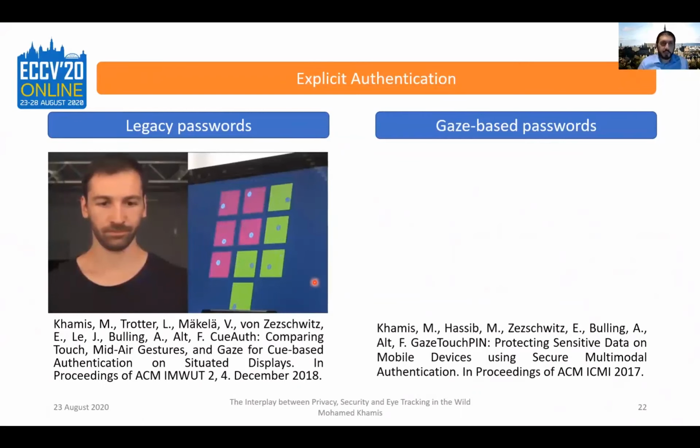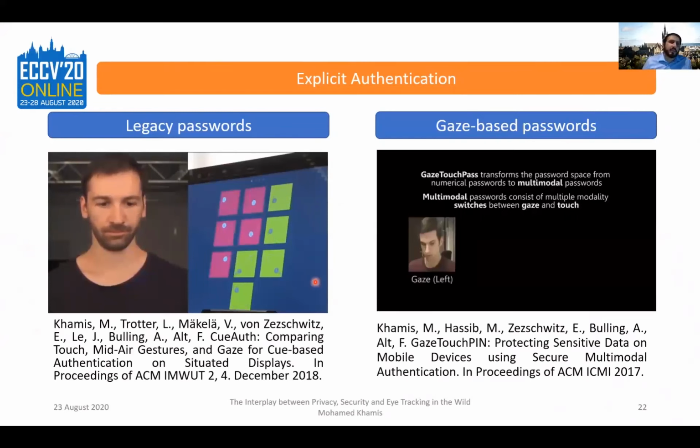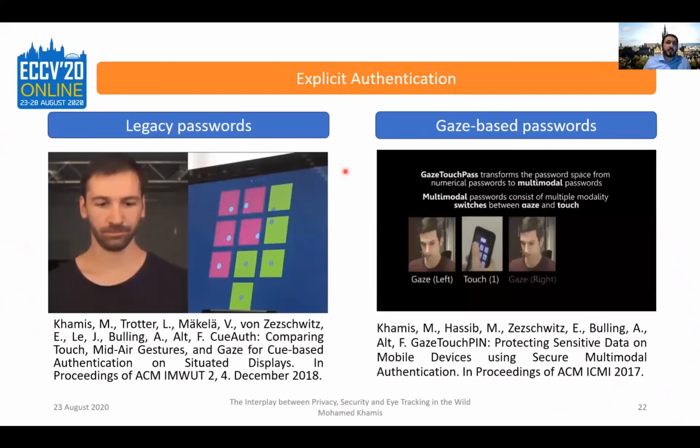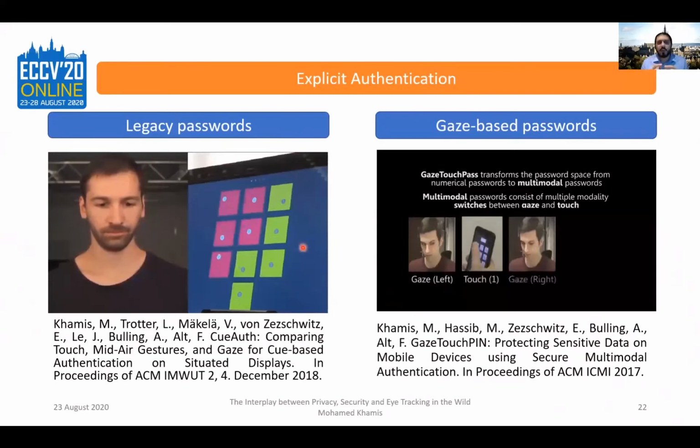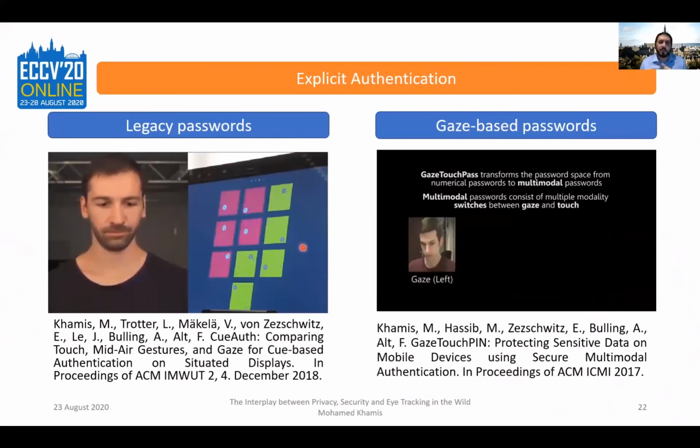So imagine that you want to enter a password using eye gaze. What we need basically there is an eye tracker and just an interface. We just need to modify the interface. But at the end, what this system produces is a PIN, a 4-digit PIN, which could then be provided to the same backend. So you don't need to modify the backend of the ATM system. And that was the legacy type passwords. So the advantage is that they can be integrated easily, but a disadvantage, of course, is that people have to learn the mapping between the eye movements and the pins. So there are pros and cons.